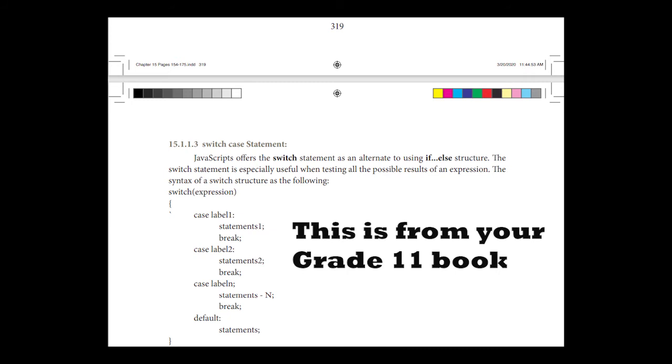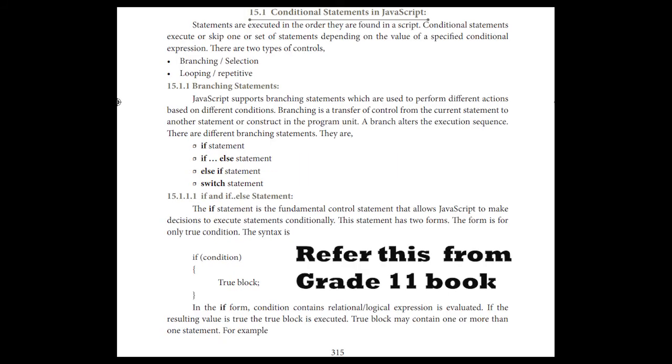Switch case, as I said, will have a case with one word, and then a result. In between each case, we'll give a break. That much only. You can give a number of statements. If and if else, I have said so many times. If means one true block. If else means a true block, and the else side has a false block.